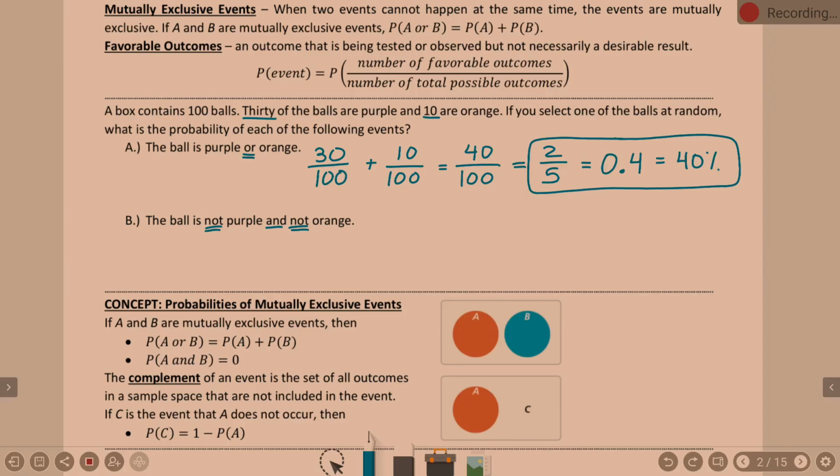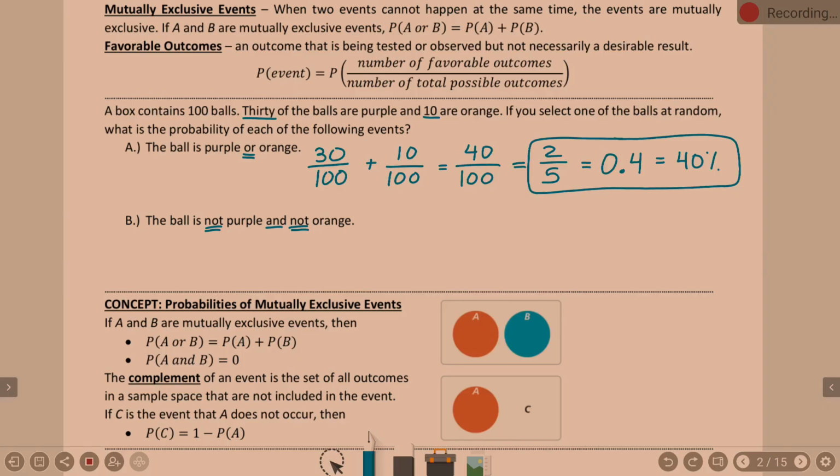What's the easiest way to talk about this? So 40, right? There's 40 balls total of the colors. So you get 40 or 100 minus 40. And that gets you 60. And that's 60 over 100. The 60 out of 100 makes sense. It's the idea that 40 out of 100 were purple and orange, so the remaining parts are not